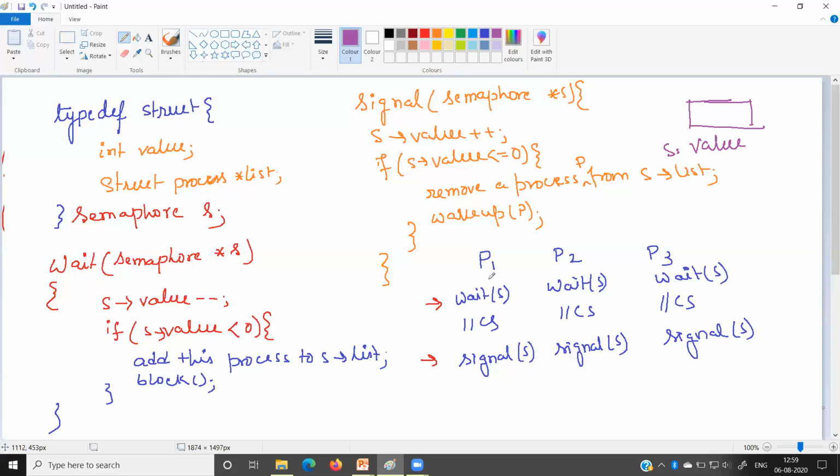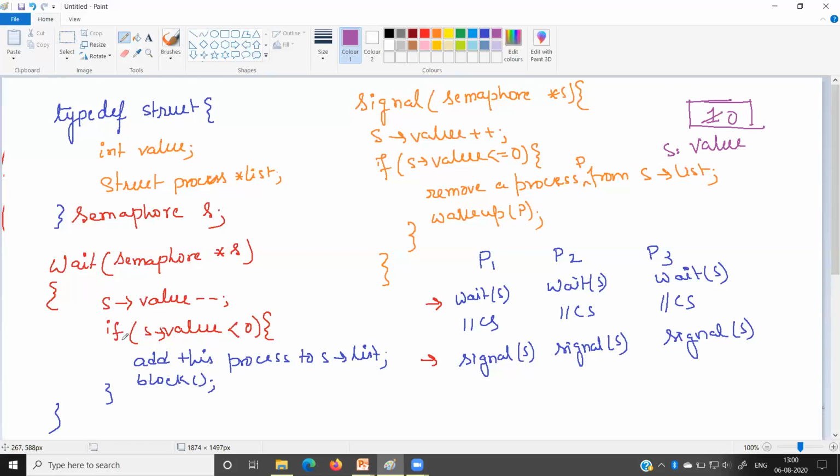While P1 wants to execute the critical section, it will execute the wait S function, and this S value is initialized to 1. So as it is initialized to 1, it will be S dot value minus minus. That means the value will be decremented by 1 and it will become 0.